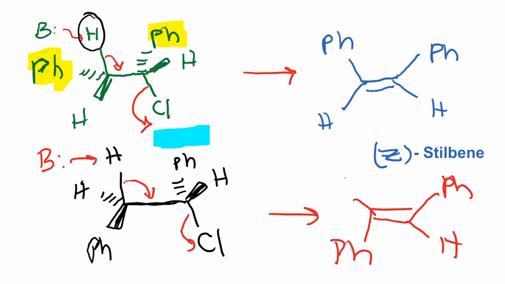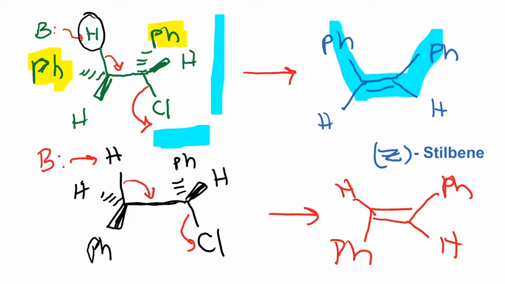Okay, so just to recap, we're taking this starting material and treating it with a non-nucleophilic base, maybe potassium tert-butoxide or something like that, and we're looking at the products that could be formed. So from this conformation, we end up with a Z isomer, and if we start with this compound, we end up with the E